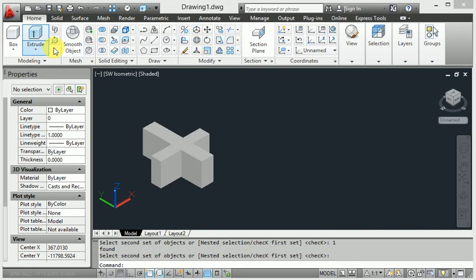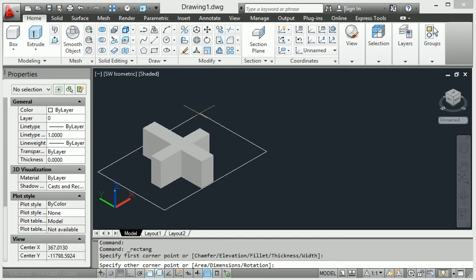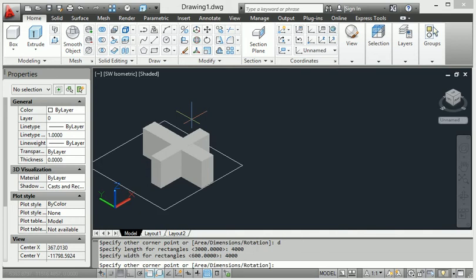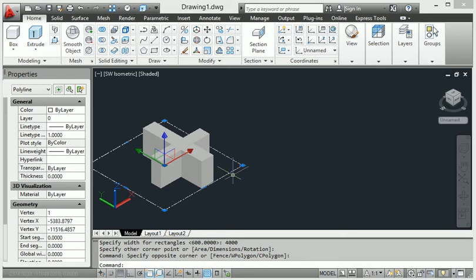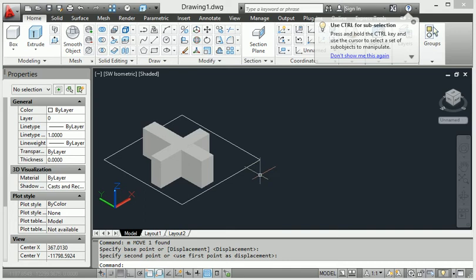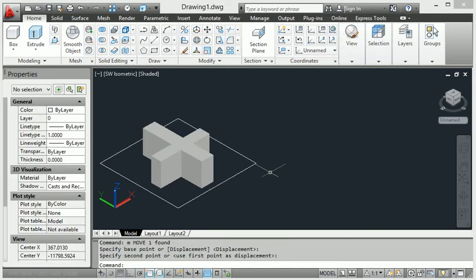Again I will show you another thing. I will create another rectangle in this area, starting from this point. When I make the rectangle, I will provide 400 and also 400. So this makes the rectangle right now. If I want to move it some distance, I use the move command here.